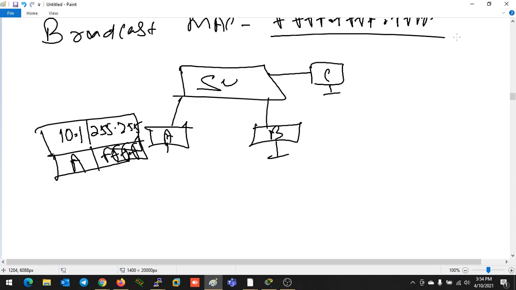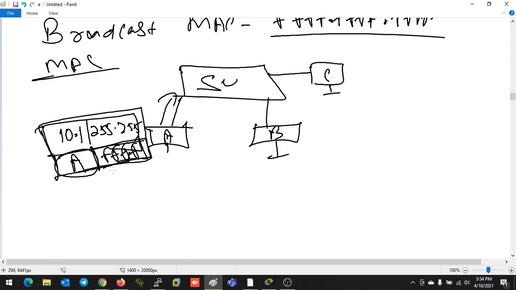Okay. So this message is going to be sent towards the switch. Whenever the switch receives this message, after receiving it, the switch will check the source MAC address and make an entry in the MAC address table, and after that it will check the destination MAC address to take the forwarding decision. Whenever it finds the destination MAC address is all F's, that means it's a broadcast message, so it will flood the same message to all the ports beside the port from where it received the broadcast message. The same behavior it will do.